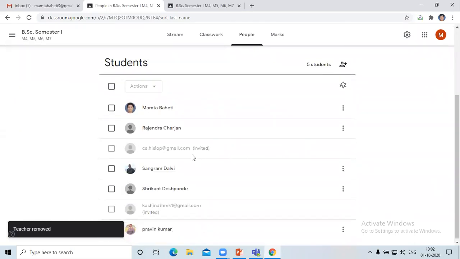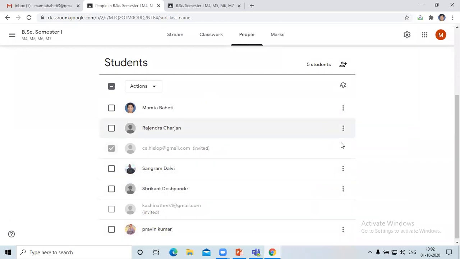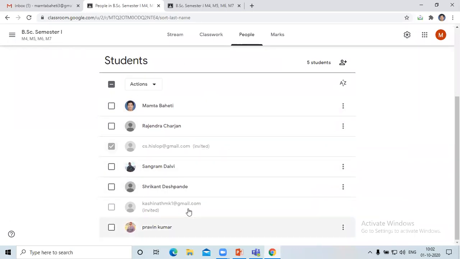Same is the case of the students. Suppose I have given the invitation, but that particular student has not accepted, or I can say myself, I'll remove. I've added you, I don't want.